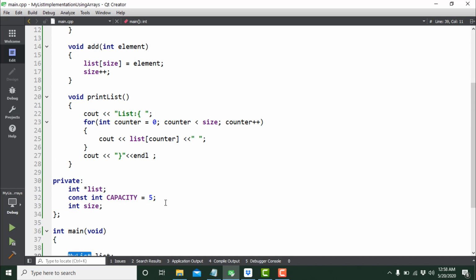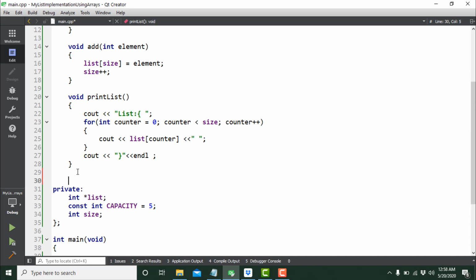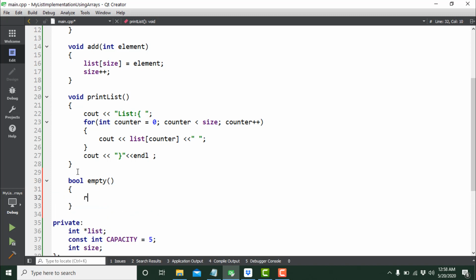So let's implement the empty first. And how do we check if the list is empty? Very simple. The return type of this is going to be Boolean. Yes, because it's going to return true if the list is empty, or it's going to return false. So I'm going to say return